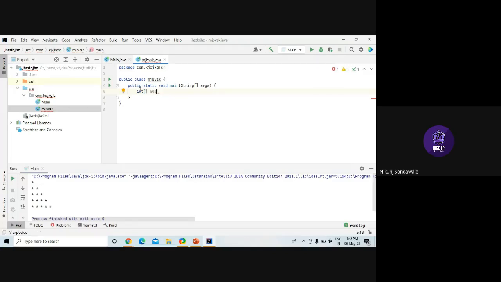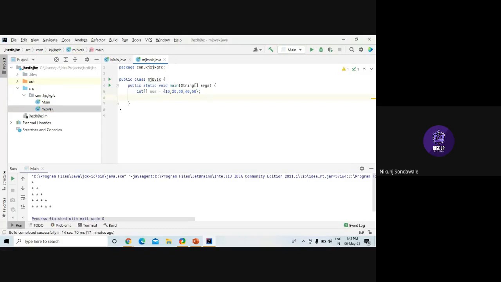What I did here is declare an integer type array named num, with elements 10, 20, 30, 40, 50. So I have taken this array.